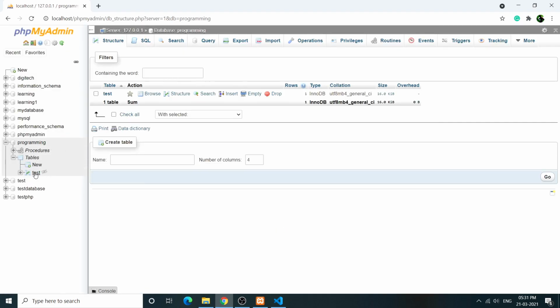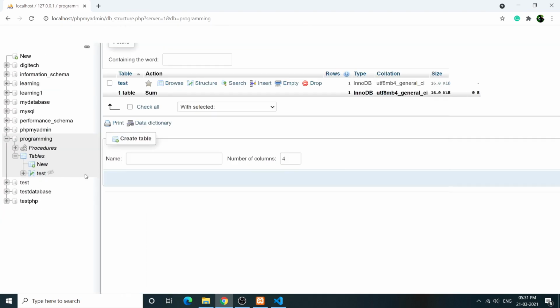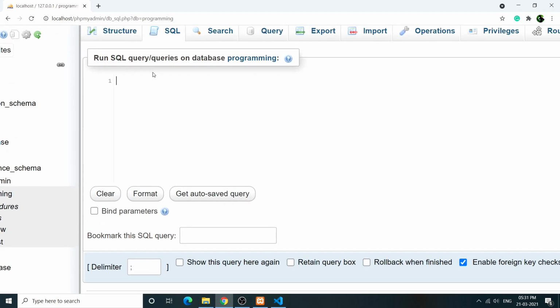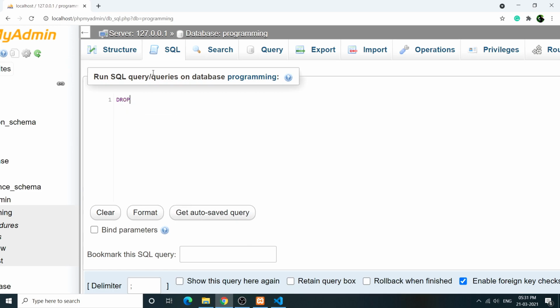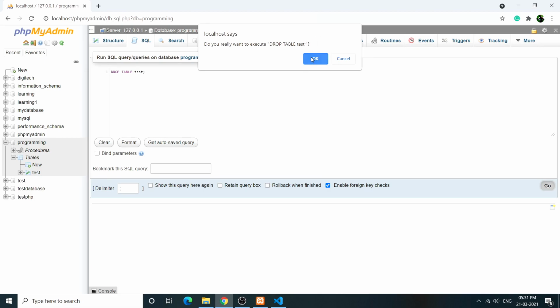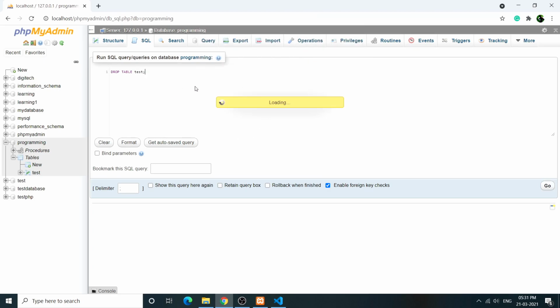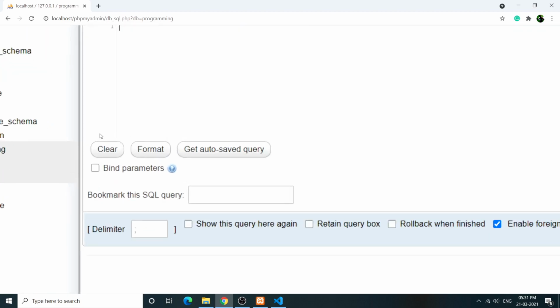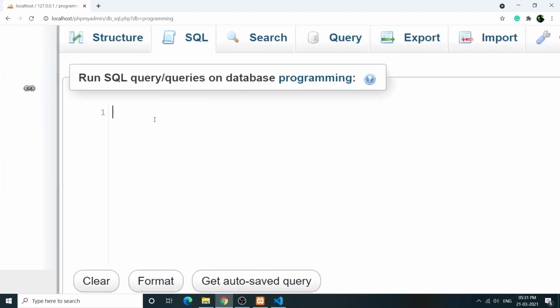So it is containing one table called test. It is already containing this table. So what I will do, I will drop this table. I don't want this table. We will create a fresh table. I'll just say drop table. Table name is test. We will create a different table and we'll work with it. Okay, drop this. So the table has been deleted and now I will create a fresh table and let's perform a simple